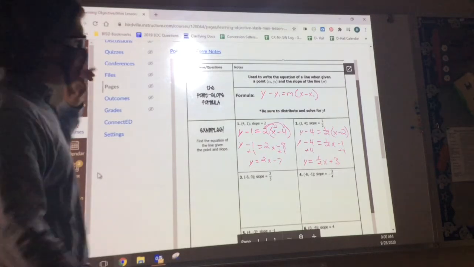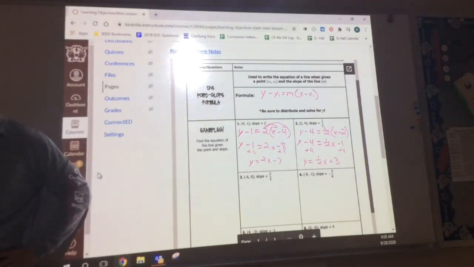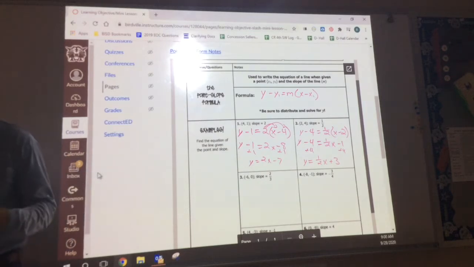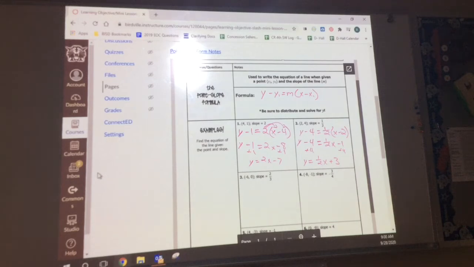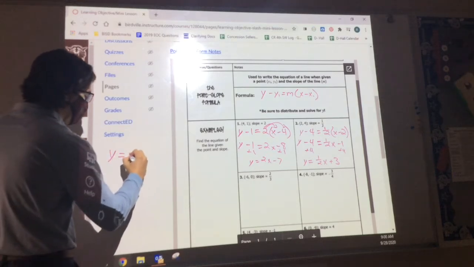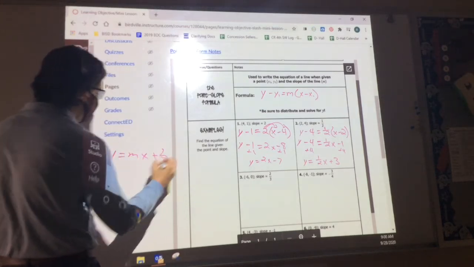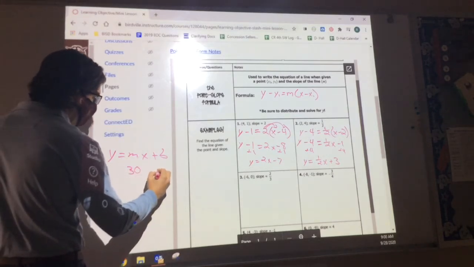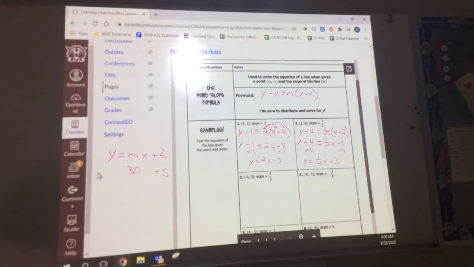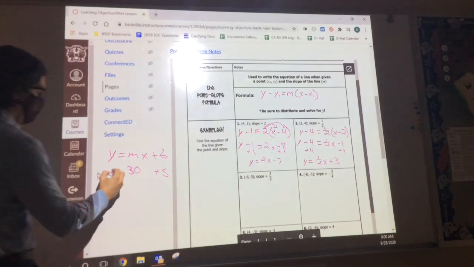All right, so let's talk about the importance of this. Can we agree that a point on a line is representative of a specific amount in a problem? So let me give you a better example of that. Check this one out. So I'm going to have y equals mx plus b. Okay? M is going to be $30 and b is going to be $5. Okay? So what I'm going to do,